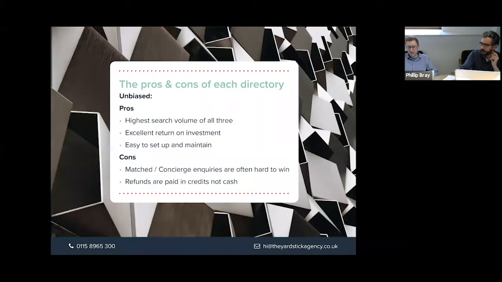So we've got an observation from Noel. "In my experience, 90% of my Unbiased inquiries are concierge. Maybe I need to improve my profile to get more direct inquiries." That's a really good point, Noel. And I guess there's a couple of things here. I would love to find out what the split is between concierge and directory inquiries. I suspect there's more concierge inquiries than directory inquiries, but there's no way of knowing because Unbiased doesn't label them up. So you can't go and look retrospectively.